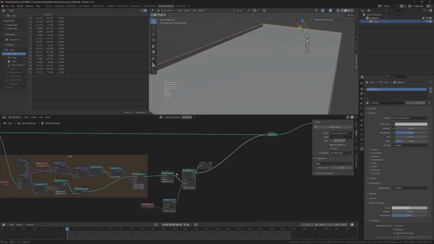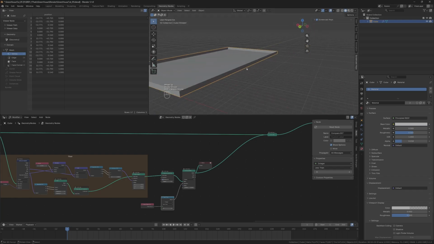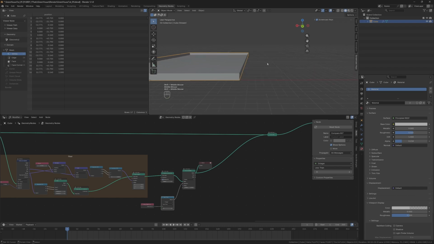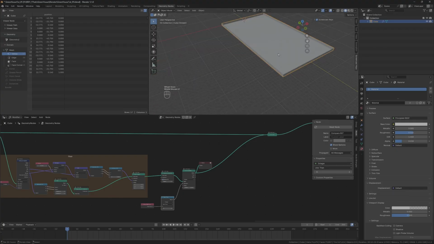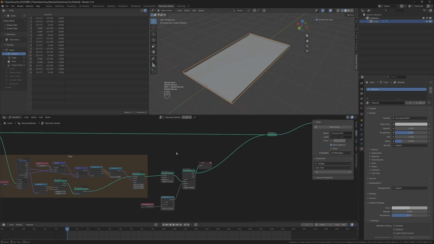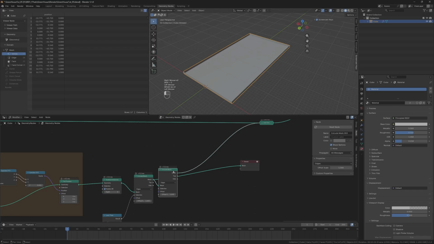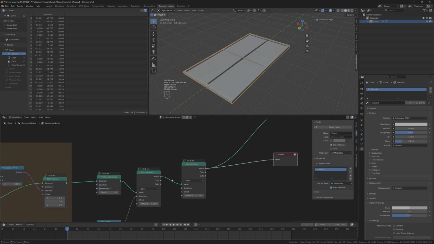Now the reason why we extruded these edges is because we can use another extrude to extrude them along the normals, because when you extrude them like this, the normals will be facing in the direction of the face that they are attached to. If this edge has a normal facing in positive x, this one in negative y, and so on. So what we do then, we add another extrude node, and we extrude only top